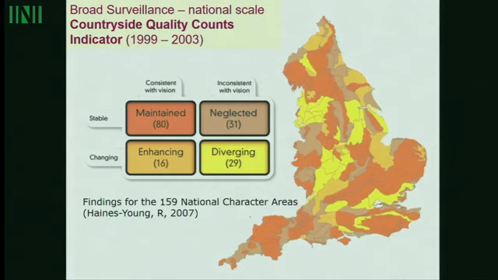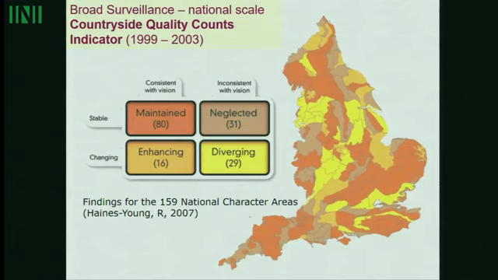It was a piece of work that involved a range of databases, analysing them into different themes, from field boundaries and woodlands right the way through to settlement patterns, other themes as well, and providing this big picture on how England's landscapes were changing. Within that, there are the 159 NCAs, so they're coloured as to the nature of the change happening, whether there was overall